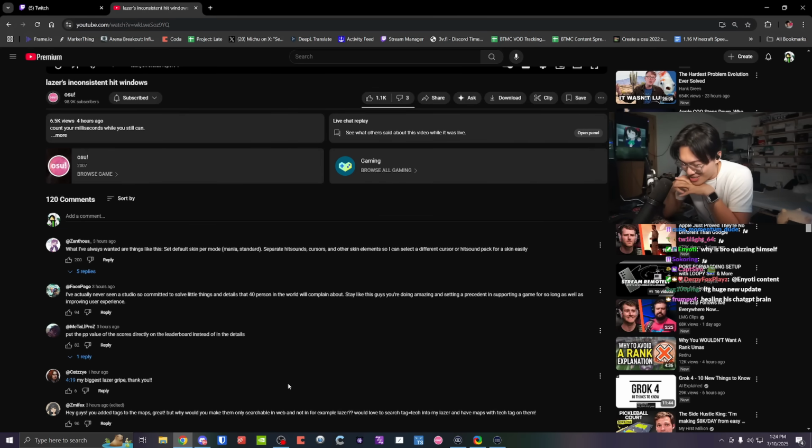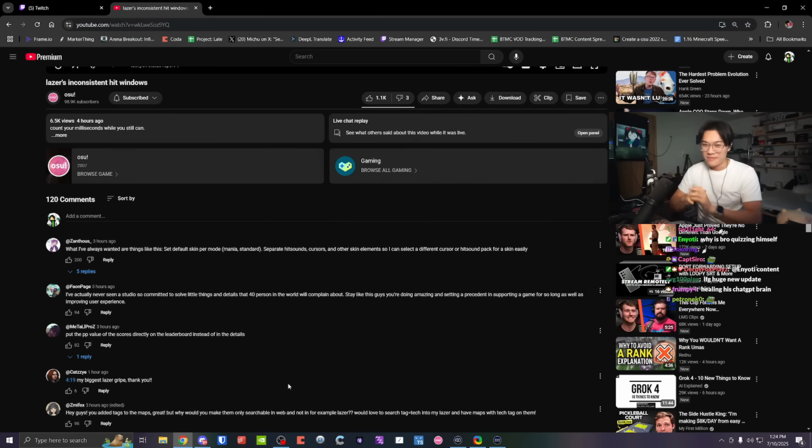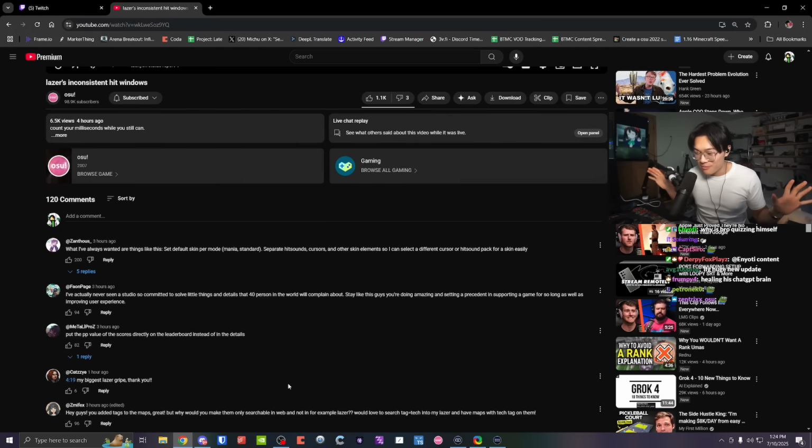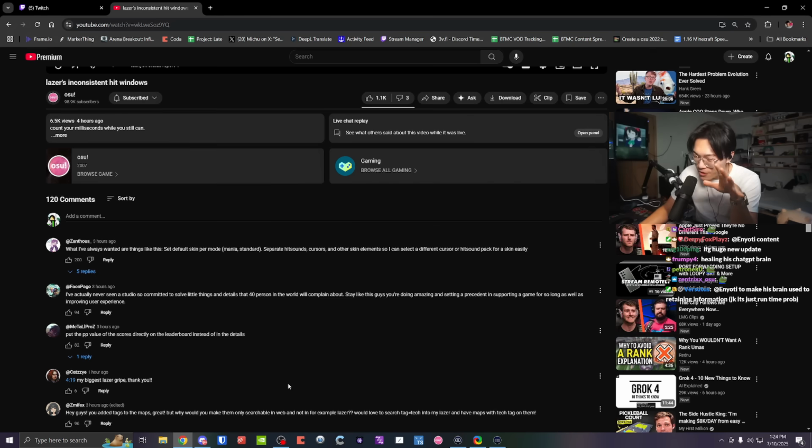And Peppy mentioned that their next focus moving forward is going to be on UI customization. The new Lazer UI is now moved forward. You cannot access the old UI anymore. However, they will be focusing on ways that you can customize this UI even further through skins, which I think is huge because